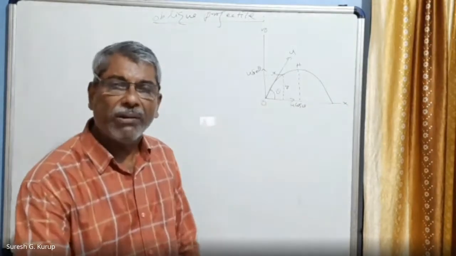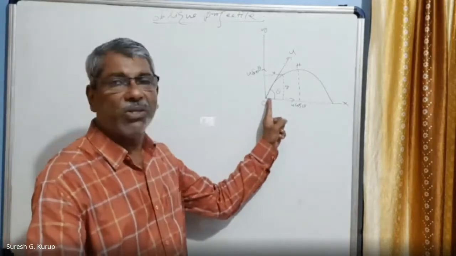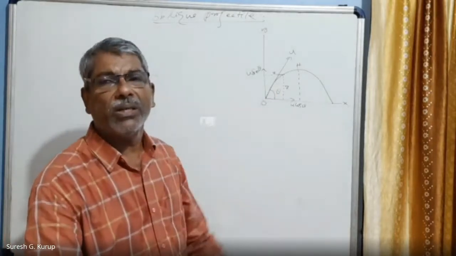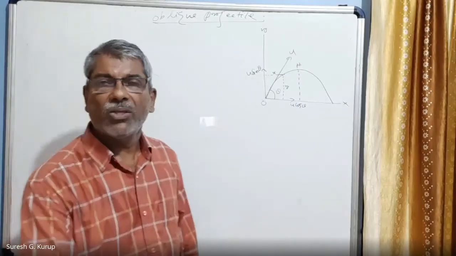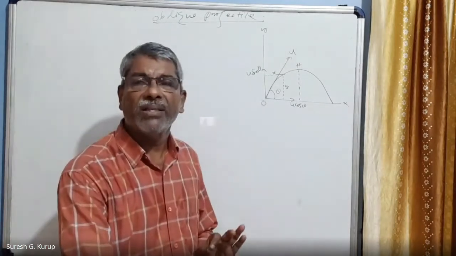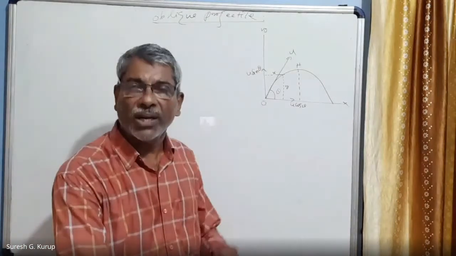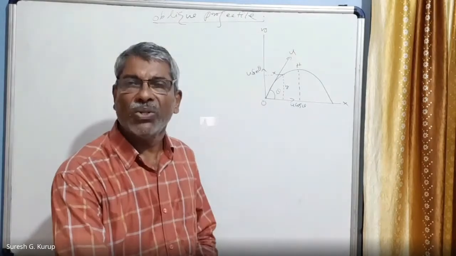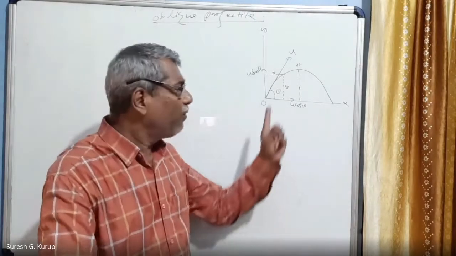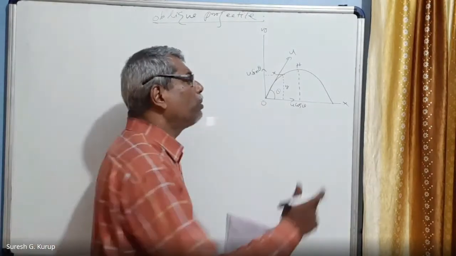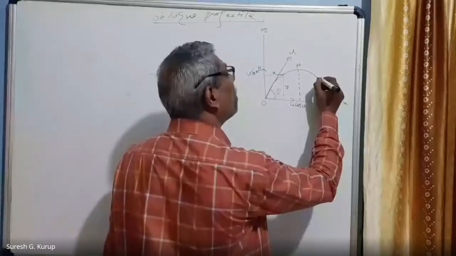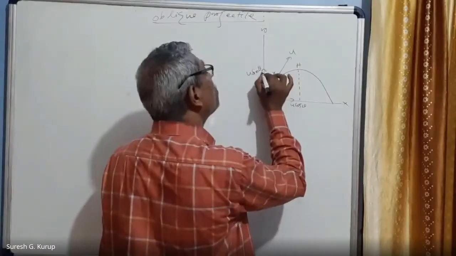But one thing you have to remember is that the horizontal velocity always remains constant. Why does it always remain constant? Because the acceleration is only in the downward direction. There is no acceleration in the horizontal direction. Therefore, at every point in the motion of the body, the horizontal velocity is the same. Suppose this is the point. So this much height was there.